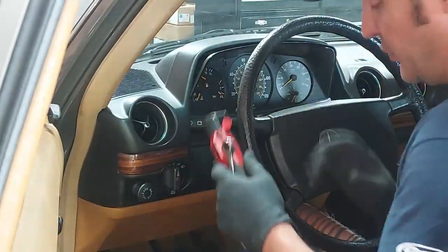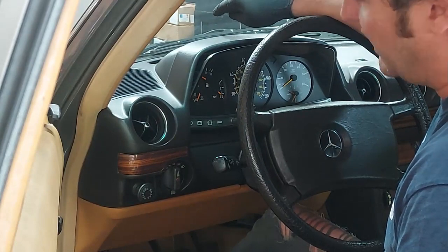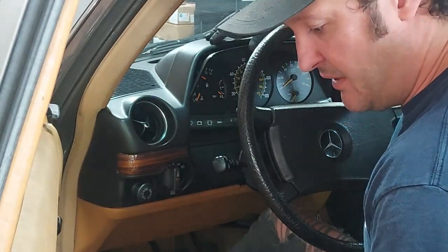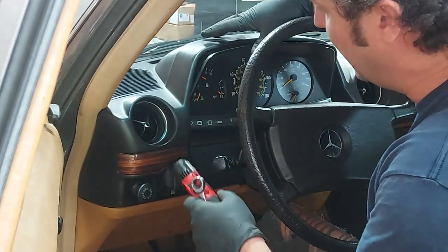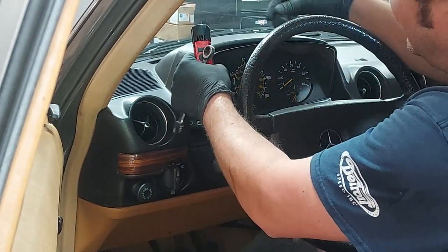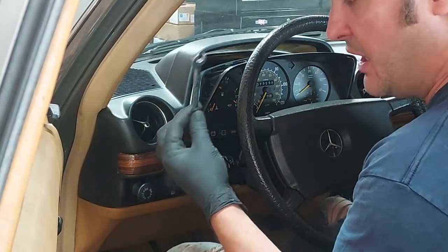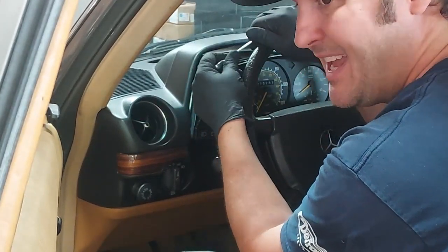Okay, you guys have seen me do this many times, but before you get the gauge cluster out, you have to disconnect a clip in the engine compartment on your speedometer cable. On a lot of high mileage cars that have had several owners, that clip's usually broken and it's not an issue. But on these low mileage original cars, the clip is always still there. So you have to unclip it and it gives you slack in order to pull that cable through so you can get behind the gauge cluster. And you also need to have a 10 millimeter open end wrench to undo the analog or mechanical fuel pressure